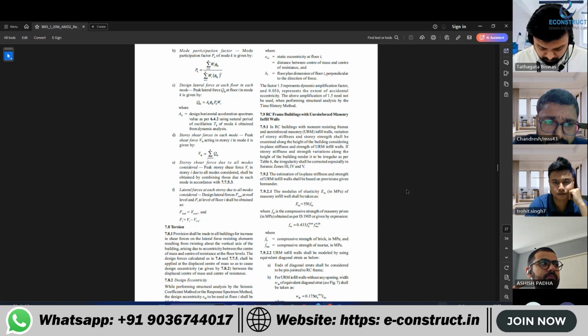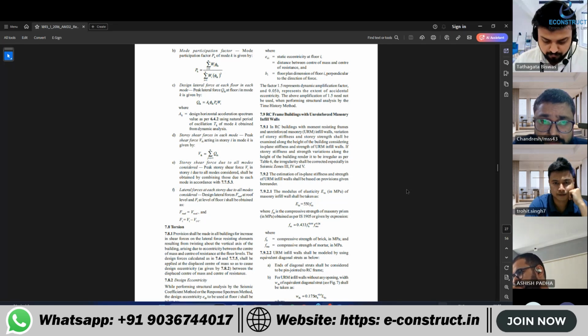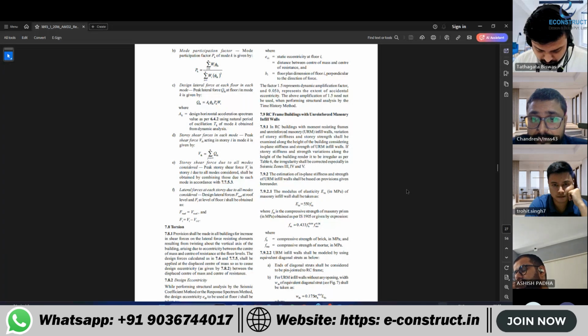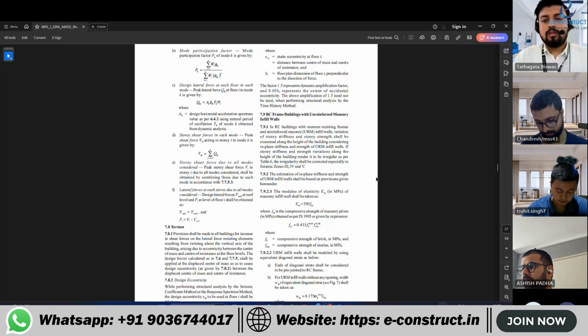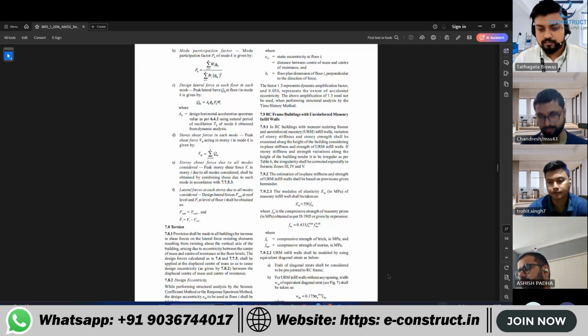The estimation of in-plane stiffness and strength of URM infill walls shall be based on provisions given hereunder. The modulus of elasticity Em in MPa of masonry infill wall shall be taken as Em equals 550 fm, where fm is the compressive strength of the masonry prism in MPa obtained as per IS 1905 or given by expression. URM infill wall shall be modeled by using equivalent diagonal strut as follows. Ends of diagonal strut shall be considered to be pin jointed to the RC frame, and for URM infill wall without any opening,